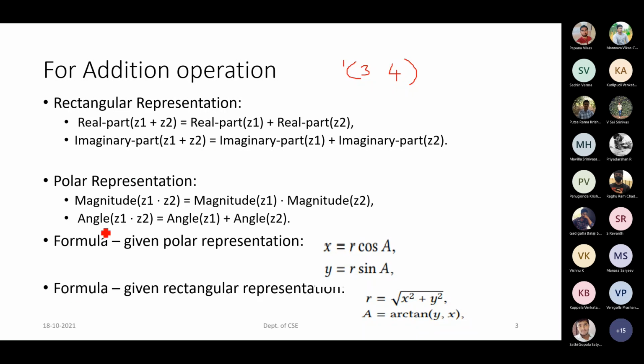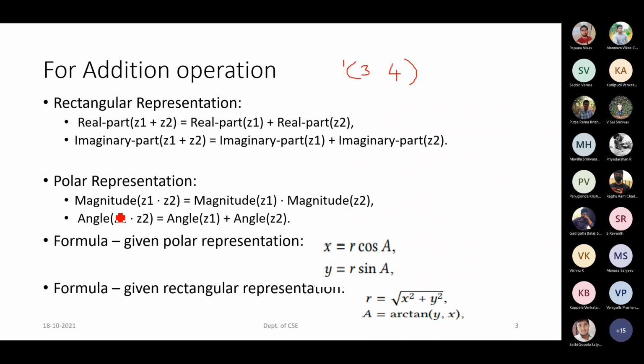So when you take up the polar representation, if you are having two complex numbers, we will be defining the selectors called magnitude and angle. If you are going with respect to the addition of two polar representations of complex numbers, the magnitude will be extracting the first portion of the complex number, and angle will be extracting the second part of it.